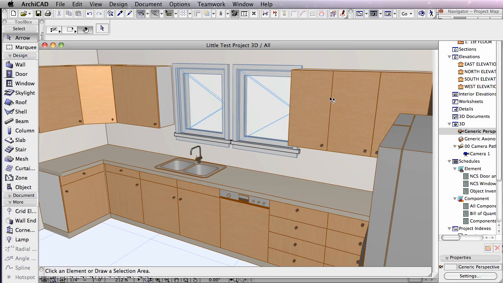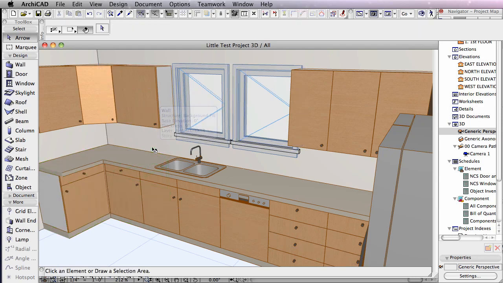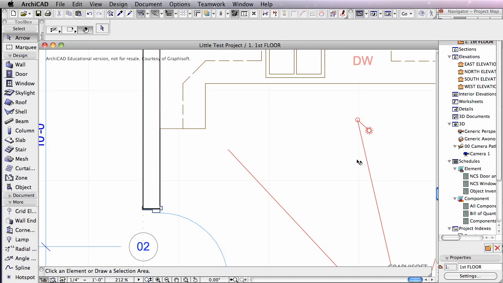I think there's something wrong with this object, this 3 panel cabinet, if you will. But you can see here, top is at 7, bottom is at 4'6". That means we have 1.5 feet from 3 feet up to 4'6" for our clearance of our countertop here, and that's pretty typical. Now, returning back to 2D,